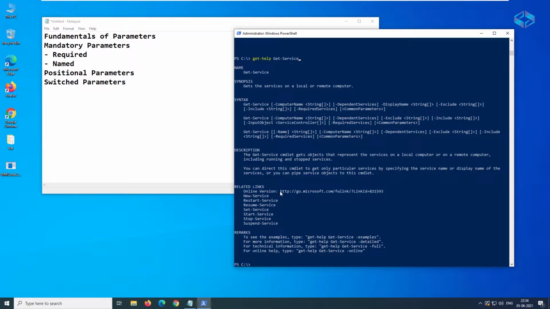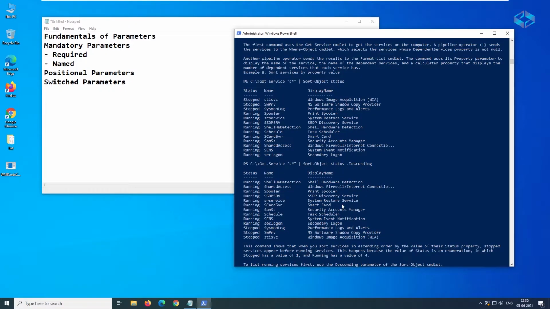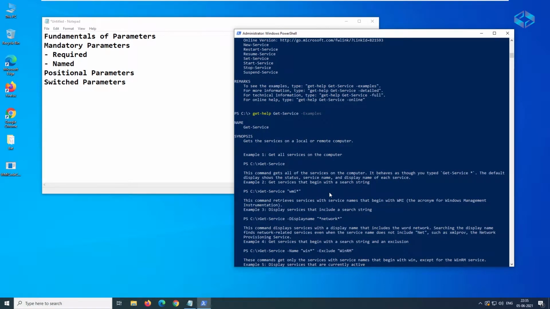There is also an online article talking about this particular command and how we can use it with examples. We can include the examples here so that you can see how to run it. There are multiple examples listed here.